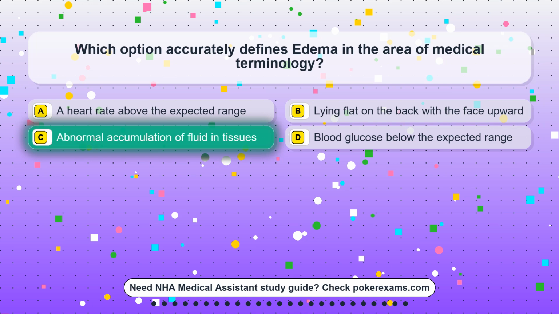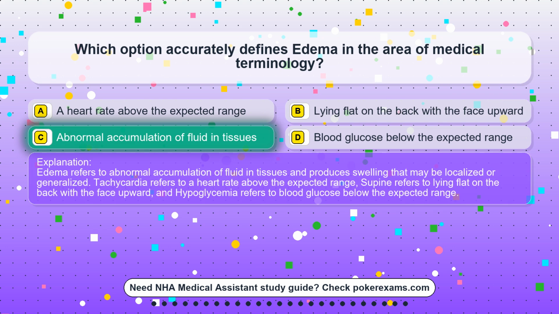The correct answer is option C, abnormal accumulation of fluid in tissues. Edema refers to abnormal accumulation of fluid in tissues and produces swelling that may be localized or generalized. Tachycardia refers to a heart rate above the expected range. Supine refers to lying flat on the back with the face upward, and hypoglycemia refers to blood glucose below the